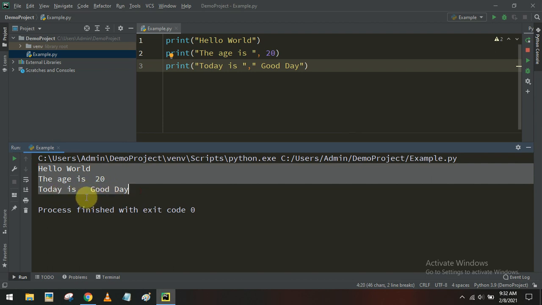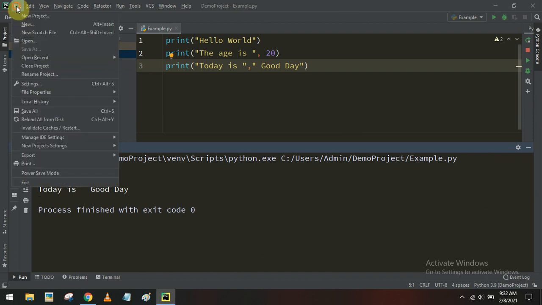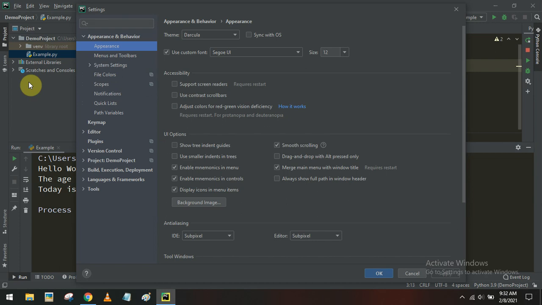So this is how you create a Python program in the PyCharm IDE, and by default you'll get a dark theme. If you want to change the dark theme to a light theme, you have to go to file, settings, and here you can see theme. By default Darcula is the dark theme.